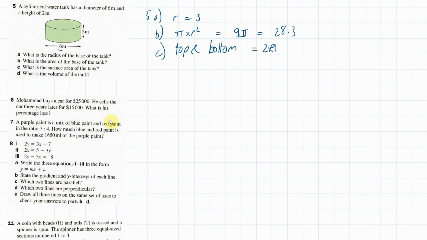2 times, oh, that's pretty hopeless. Let's give it a bit more room. 2 times 9 pi. And then we need the curved surface. Now that is equal to, if you remember the rule, the circumference times the height. In that case, circumference is 2 pi r or pi d, so 6 pi times the height, which is 2, and then if we add those two together,